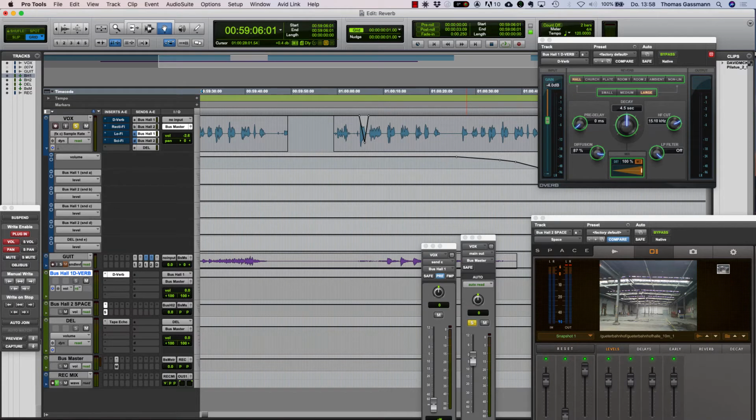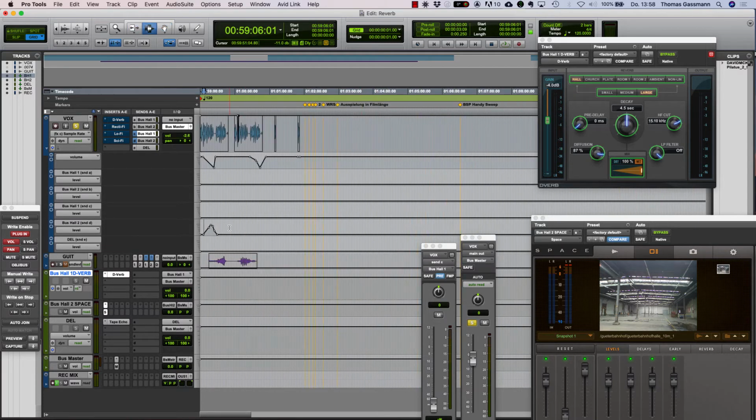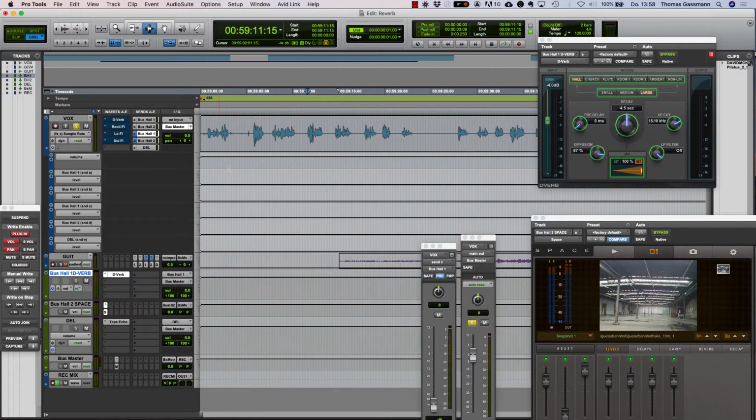Some things about parameters. What you already know is the reverberation time. I'm gonna jump to the D-Verb now because you see it much more easily. So in the D-Verb,